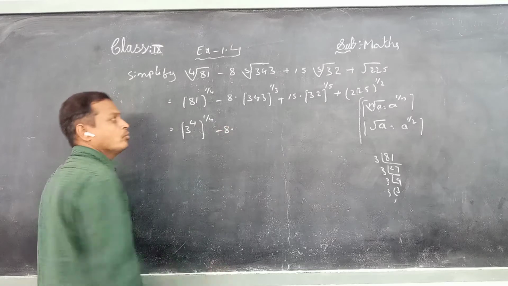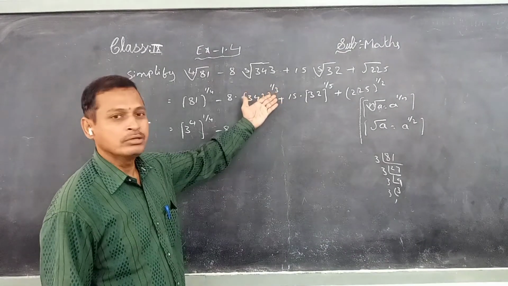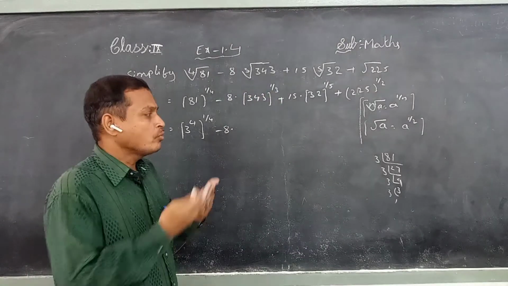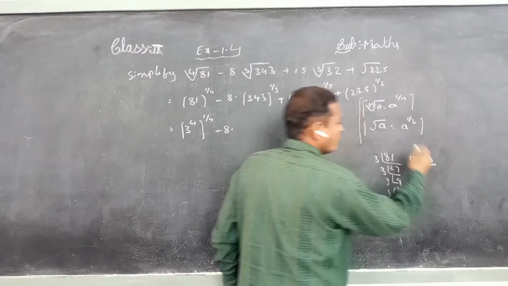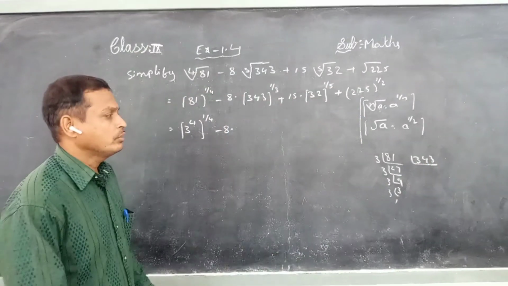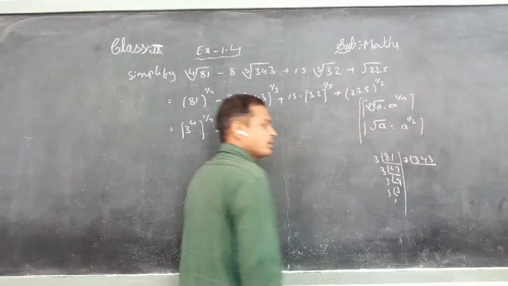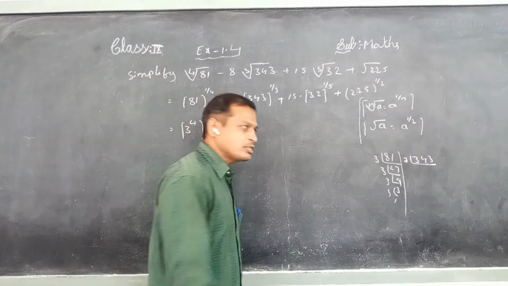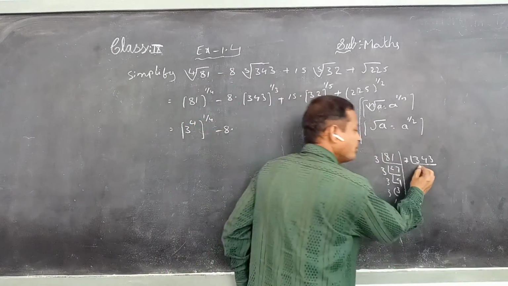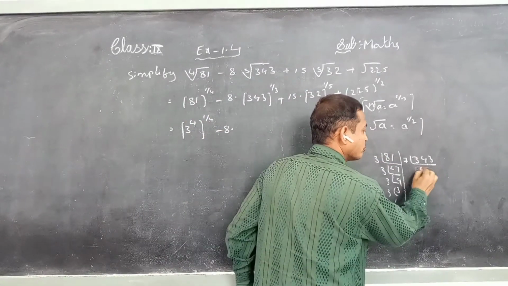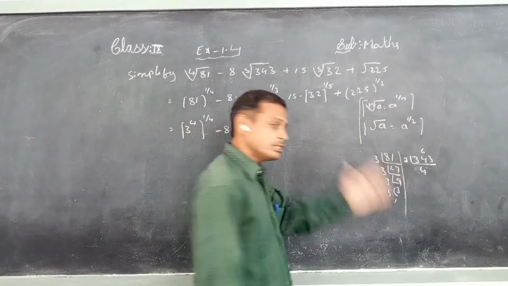Again 8 into 343. So we have to do it in the sum. 343, now we have to do it in the LCM. Which table? The 7th table, children. 34, how many times is cancelled, children? So 4 times. 4 7s are 28. Again 28, means required value 6. So 6 7s are 63.